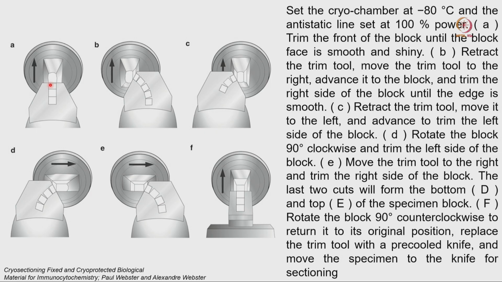When the surface is very smooth, we rotate the blade to one side and use this particular edge of the blade to sharpen one side of the tissue. At the beginning we sharpen the front part of the tissue, and this tissue surface should be very shiny. Then we move to one particular side, do some sectioning and polish it. Then we move the blade to the other side and polish the other side of the tissue.